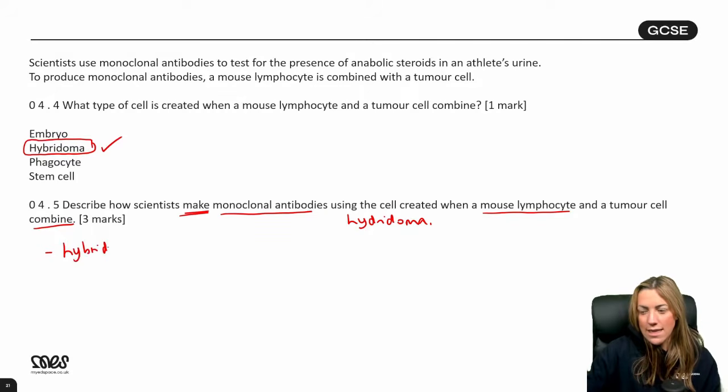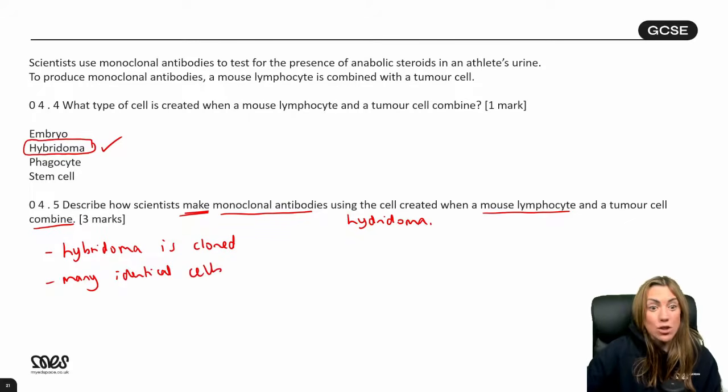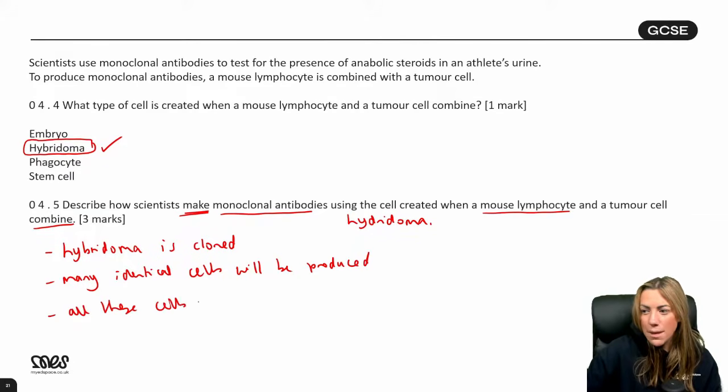So we can say things like hybridoma is cloned, which means many identical cells or identical hybridomas will be produced, and all these cells make the same antibody,